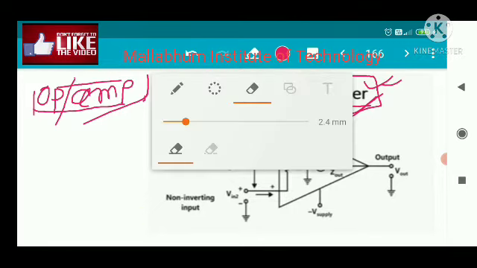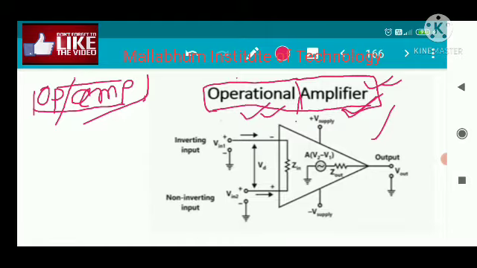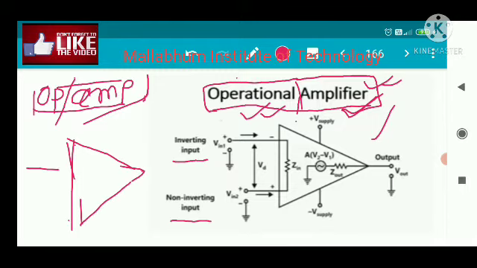Next we will discuss this diagram. Now this diagram is nothing but a simple internal diagram of the operational amplifier. A simple internal diagram, not the actual internal diagram. In the case of the operational amplifier, there are two inputs. One is the non-inverting input, another one is the inverting input. Now these two are the inputs to the operational amplifier. We can think of the operational amplifier like this triangular shaped box. Here you can see there are two inputs, the non-inverting input and the inverting input, and the difference between these two inputs is falling onto the input of the op amp.